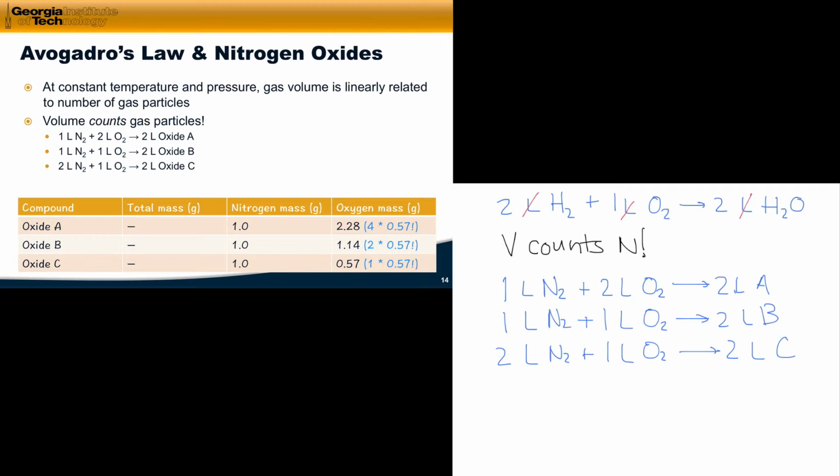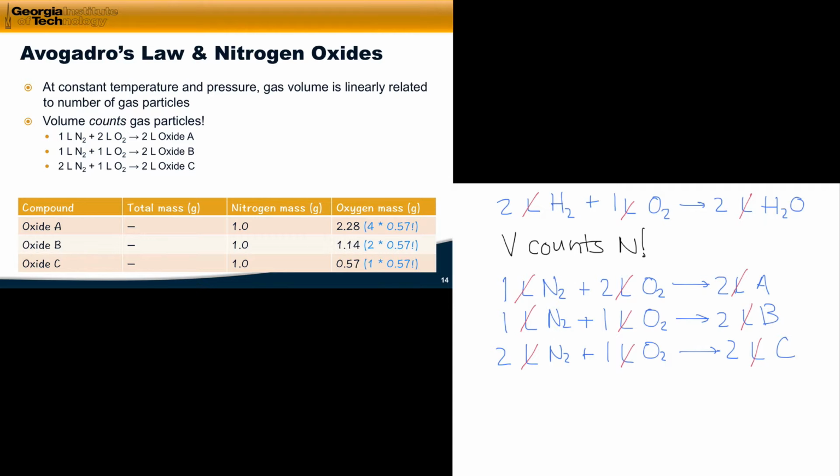But now we can treat these volumes of combining reactants just like a number of particles, since the ratio of volume to number of particles is a constant. So I can literally cross off the volumes here, and now I have a number of particles on the left, a number of atoms, that has to add up to the total number of atoms on the product side. And so I've got 2 of each type of oxide on the product side, and so I can immediately say